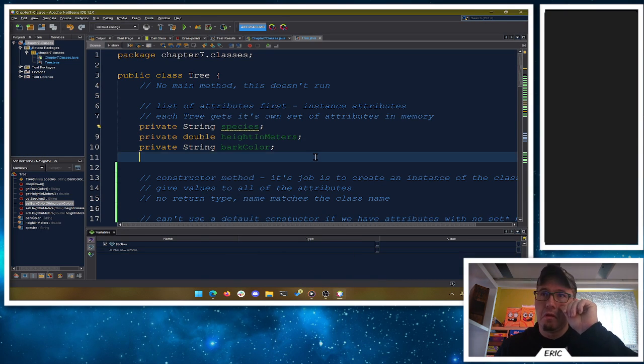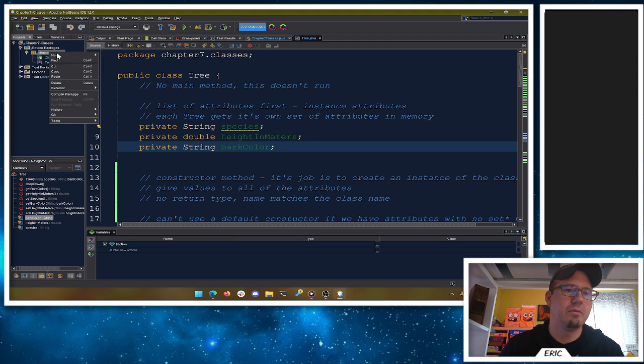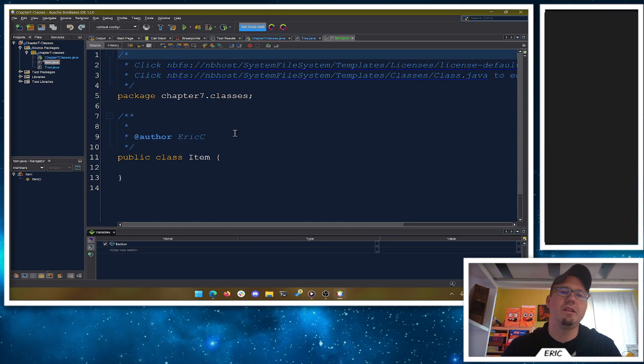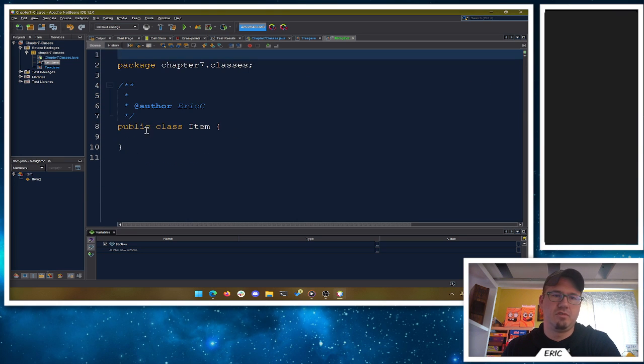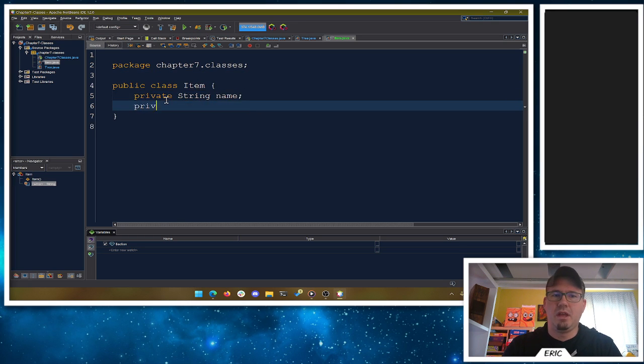Alright. So talking about classes here. Let's make another class here. Let's do another one. How about we make a class for, we'll say item. So let's come up with an item that we want to sell. So this class then will represent items that we're selling here. So first thing we want to do is come up with its attributes. So a private string for name, a private string for the SKU or the barcode, right?